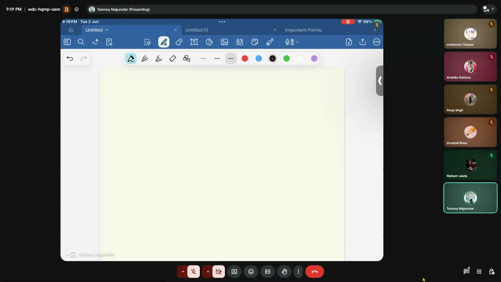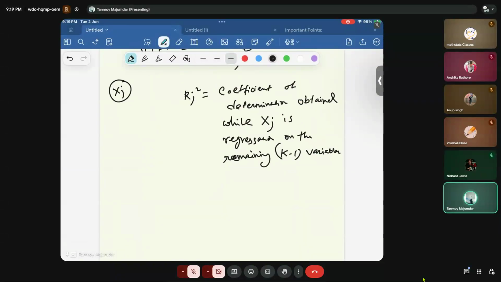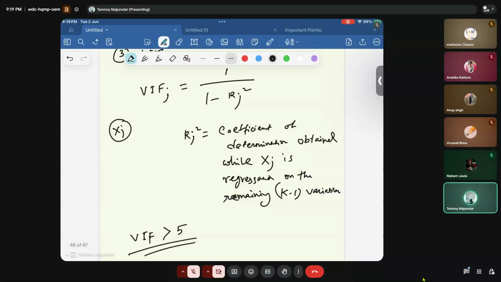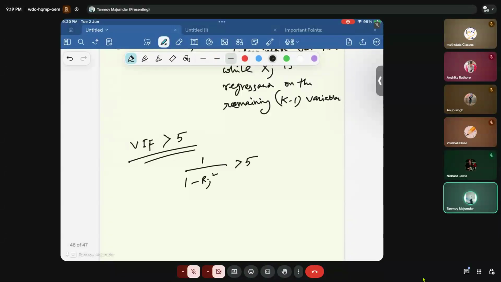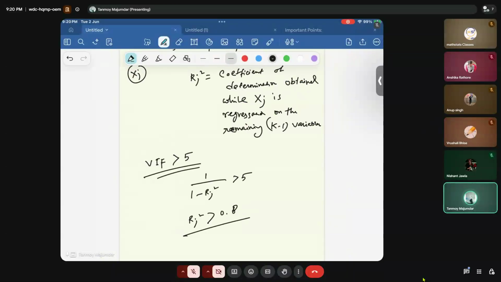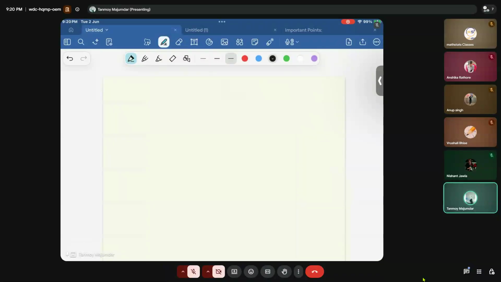Okay, so now let's discuss VIF a little. As a thumb rule, if the VIF value is more than 5 or 6, then we consider it a high multicollinearity variable. This is a standard rule. VIF greater than 5 means 1 by 1 minus rj square is greater than 5, right? So that means rj square is greater than about 0.8. Some people consider the coefficient of determination greater than 0.9 or 0.75. You can use that, but the standard is that if the VIF value is more than 5,